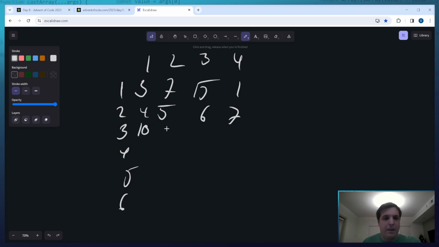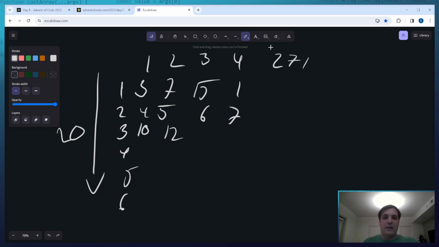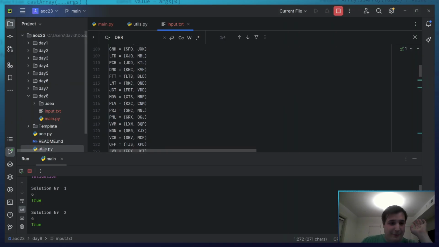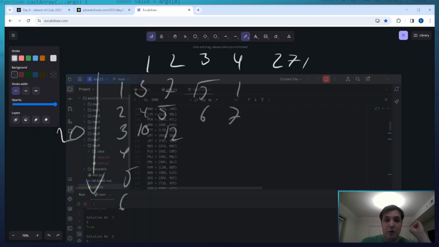Sure, this is complex, right? If this is 20 and then 271, this is about 1,000 different instructions. Sorry, more like 4,000. But that is still a manageable amount. Even if this is 5 times more, then it is 10,000 instructions. It's getting large, but as far as we can see right now, it is massive doing it step by step.